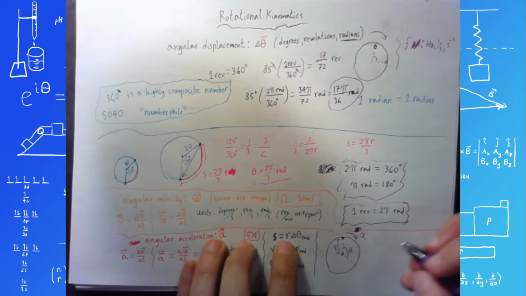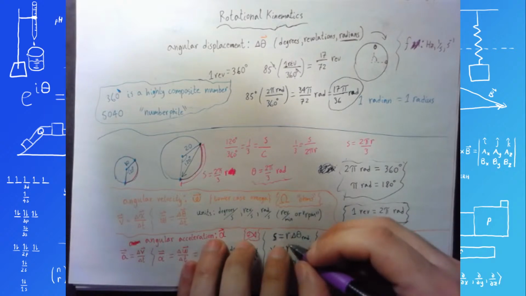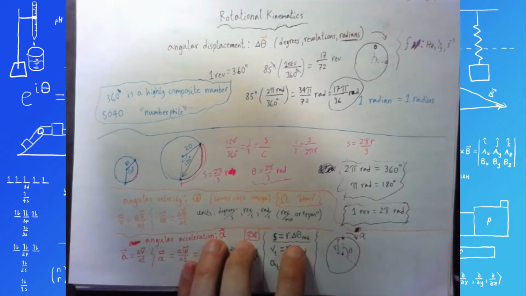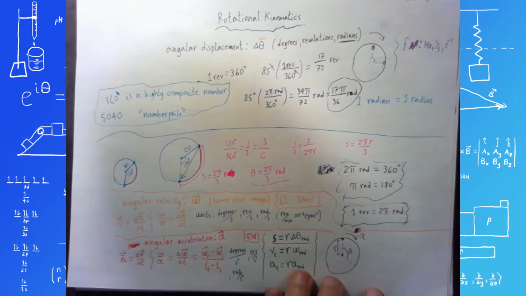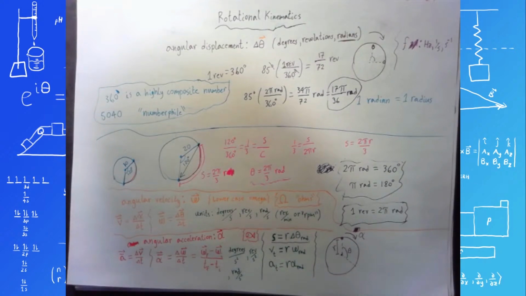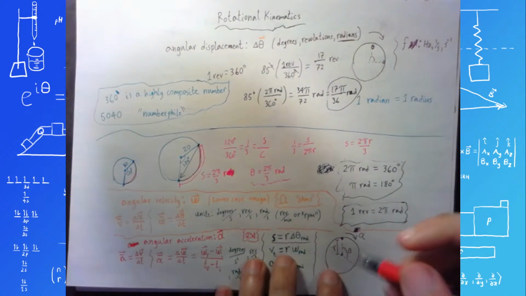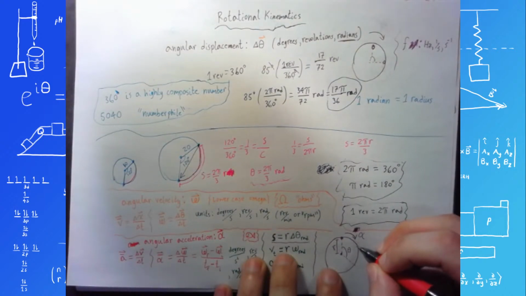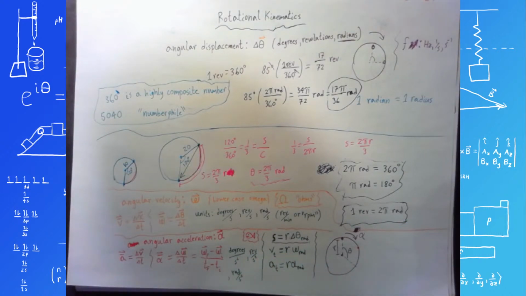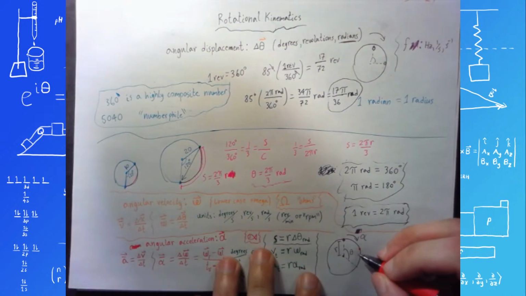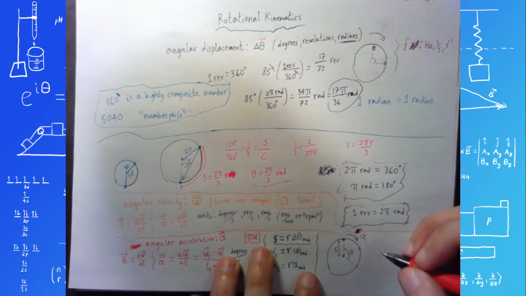Whatever distance it travels, we already showed how that's just going to be the radius times the angle given in radians. It'll just give you this arc length. For the tangential velocity, whatever velocity it has at some point has to depend on this radius as well, because if I were to compare 2 points,